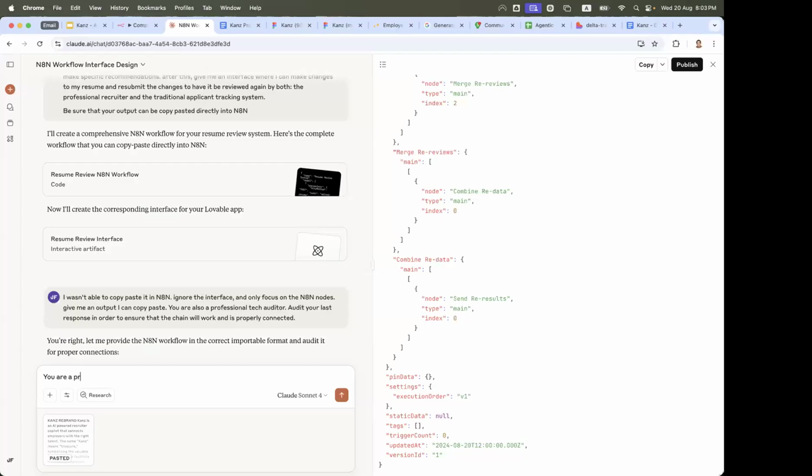You are a professional product manager and software developer. Your specialty is working with Lovable.